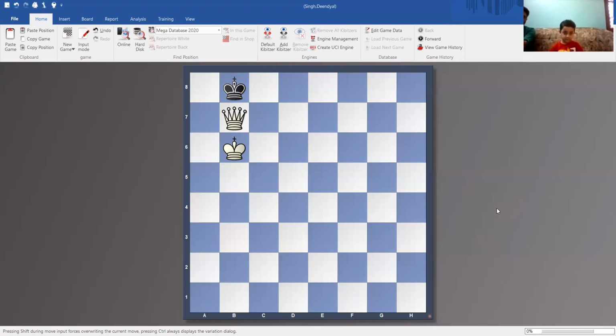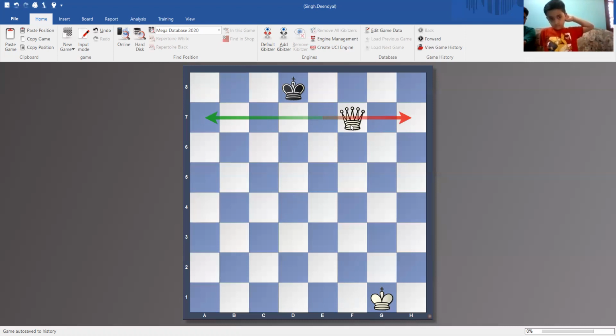Yes. So this pattern we will practice again, but now the main idea is cutting the king away. So queen f7, this first move, what is it doing? It is controlling this 7th rank. And what will happen with this move is this black king will never be able to come on this rank. And these two squares are already controlled by this queen. So your only option is to move to the corner.